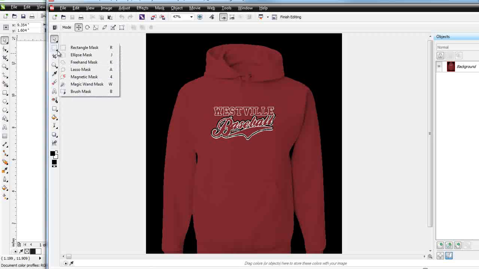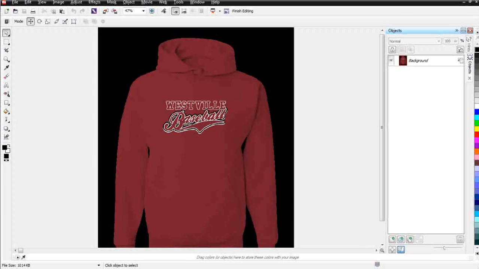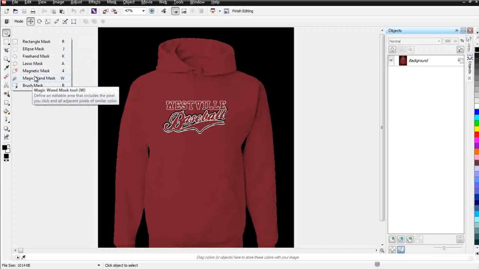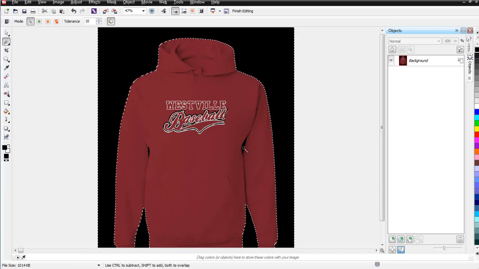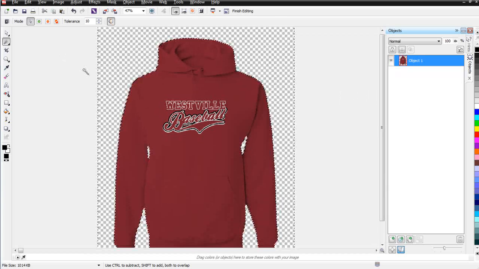The way I'm going to do this, I'm going to come over here to my Magic Wand tool. Let's bring this into the screen capture area here. Come over here to the Magic Wand tool right here, and I'll just click here, hold down the Shift, click here, and click here. Now I'm going to need to change this from a background to an object. So I'm going to click here, and then I can go ahead and hit the delete key,